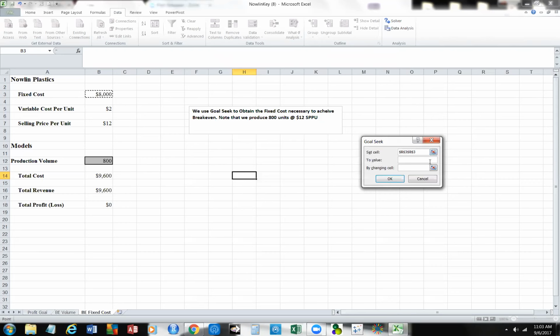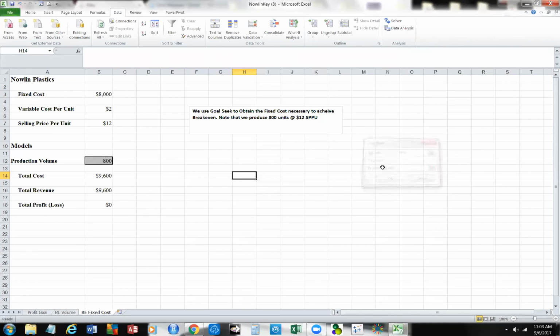Okay, and we produce 800 units. So I want to achieve break even, and I want to set that fixed cost. All right, I want to set the cell here, so that we get the total profit, or, I'm getting myself behind here. I want to set it here. Let me just wipe this out for a minute. Okay, that's my fault. I'm going to click on the GoalSeek,